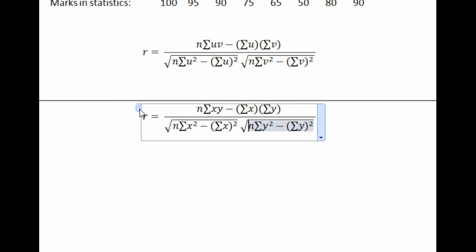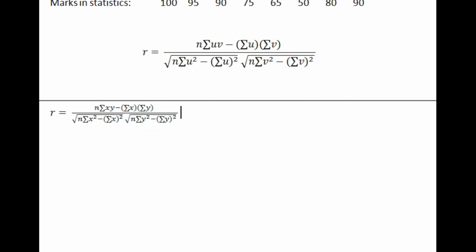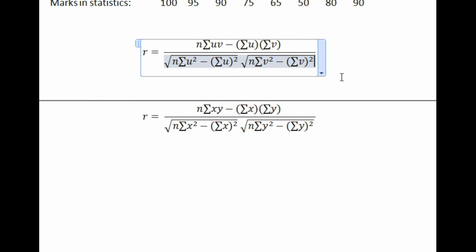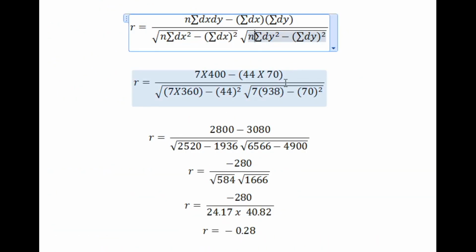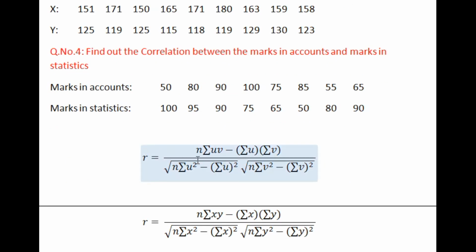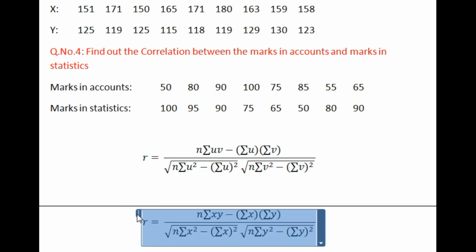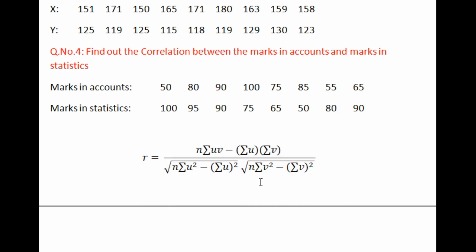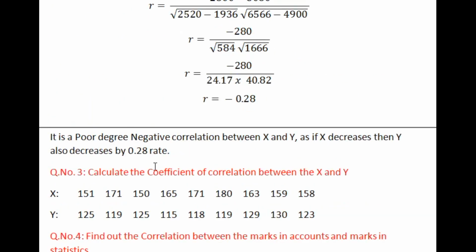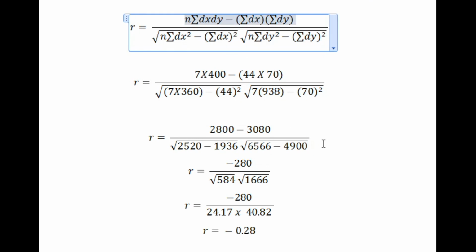Don't use this formula. So you use only this formula or this formula, right? Better to take this one or this u. Any of these two you can practice, dx dy or uv, right? Don't use this one. So I will delete this formula. You can use this formula or this formula, both are correct. Only the alphabet you are taking changes: instead of dx you are using u, instead of dy you are using v, simple. There is no change in the calculation also.